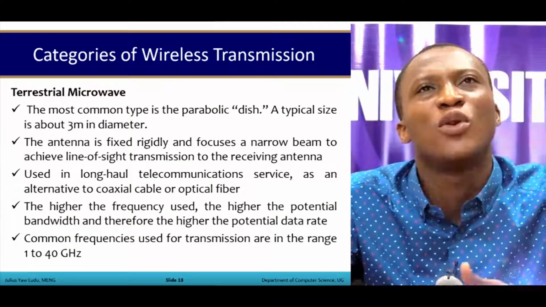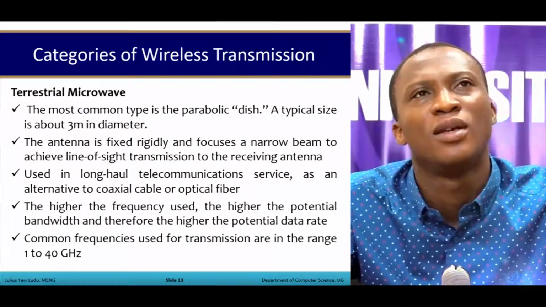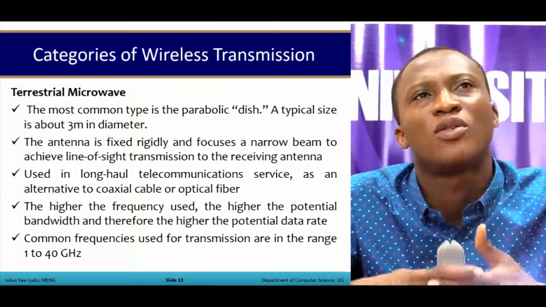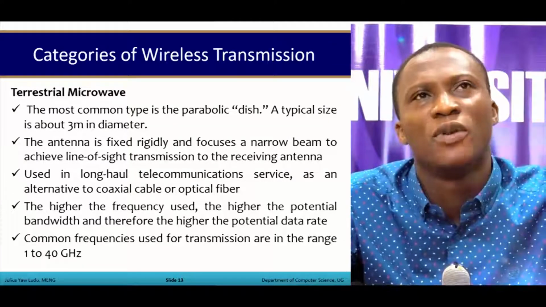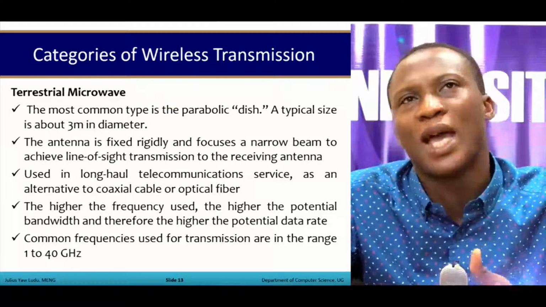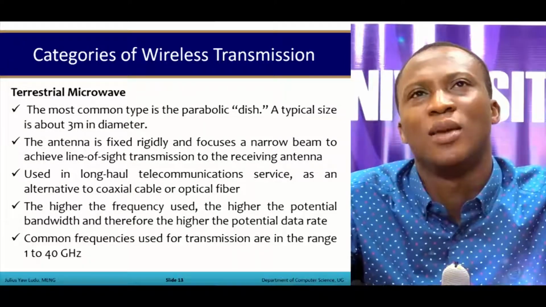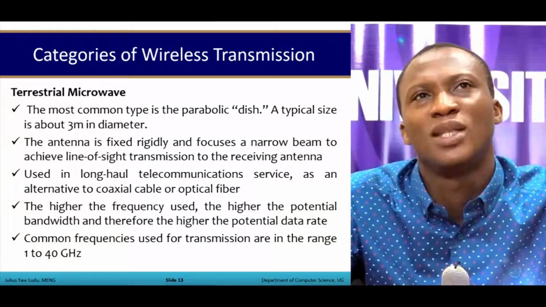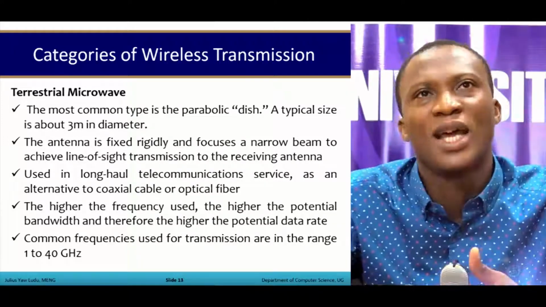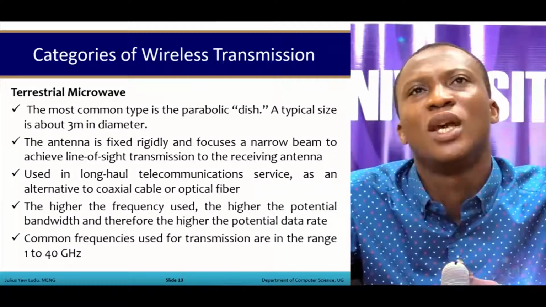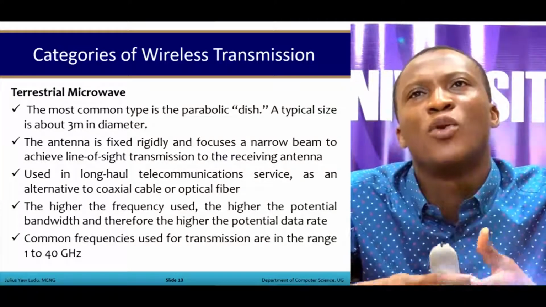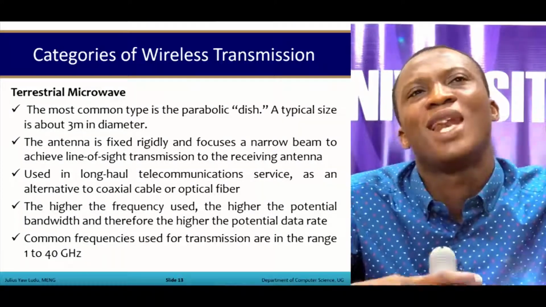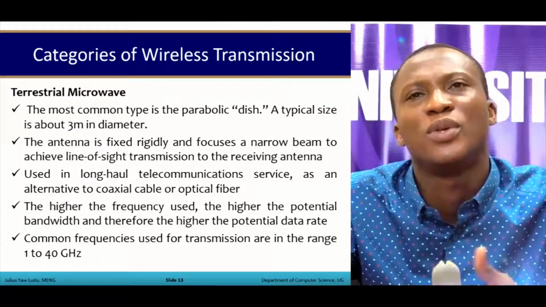Now, there are categories of wireless transmission. The first one to look at is the terrestrial microwave. The most common type is what is known as the parabolic dish. A typical size is about 2 meters in diameter. The antenna is fixed rigidly and focuses a narrow beam to achieve a line of sight transmission to the receiving